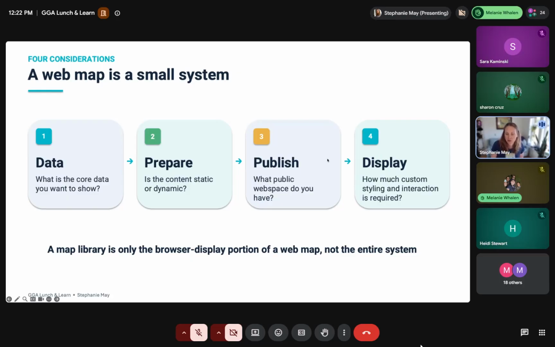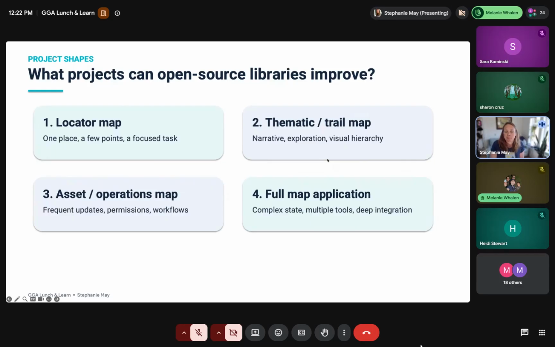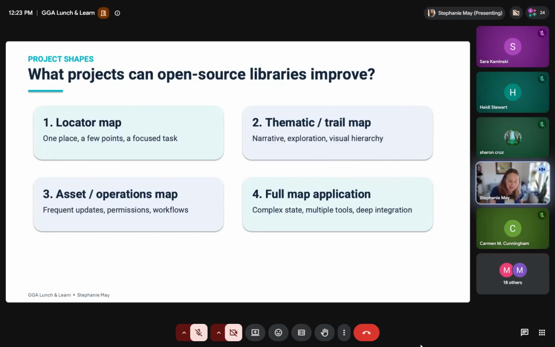Okay, so given that, why should you go to the effort, and why would you even make an effort like this? Well, because in the last 10 years, these open source libraries, as they've become more prominent and common, have really changed the stakes of what you can do with a web map. And what I would hate to see is for all of the GIS folks doing amazing work inside of government and public agencies to not be part of what's possible now.